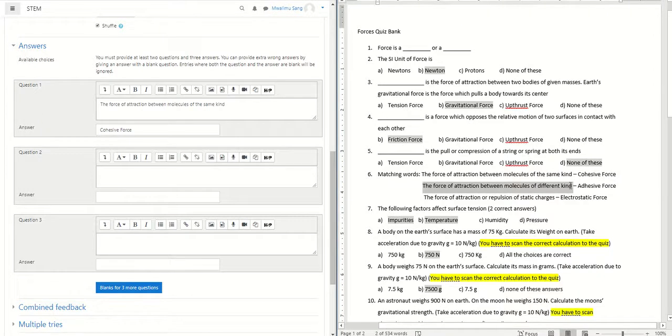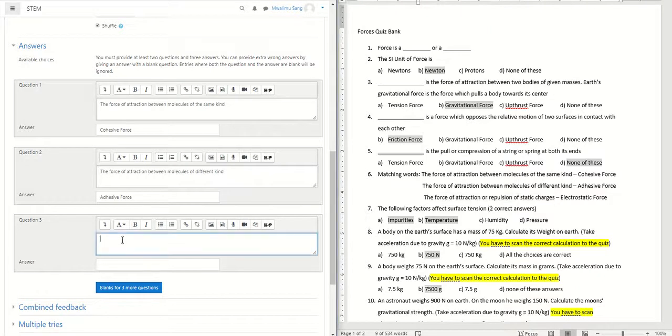And then this one comes as the second one. The correct answer for that is adhesive force, like that. And then I also have the force of attraction or repulsion of static charges. This one comes here,